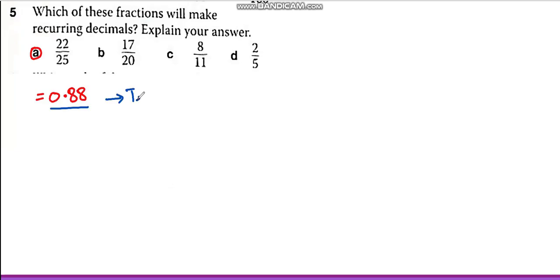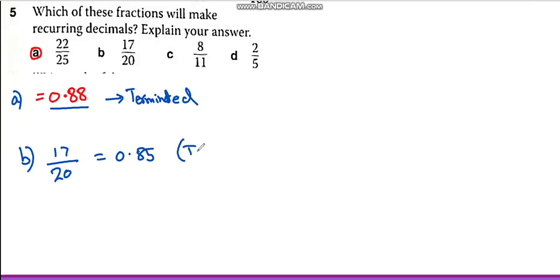Means it's not recurring. If we do B part, this was the A part, and if we do B part where we have to divide 17 upon 20, we will get our answer as 0.85, which is also terminating. Now, if we do C part, it says 8 divided by 11. And if we do this, we get a recurring decimal, like we will get our answer as